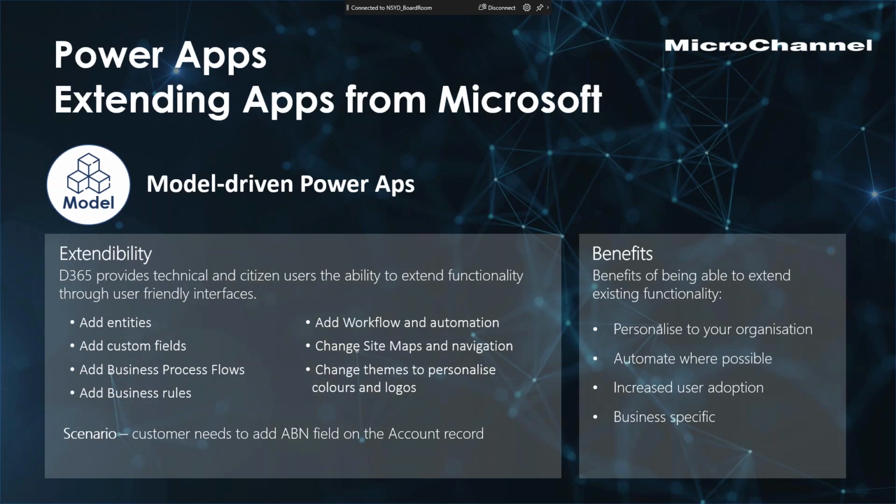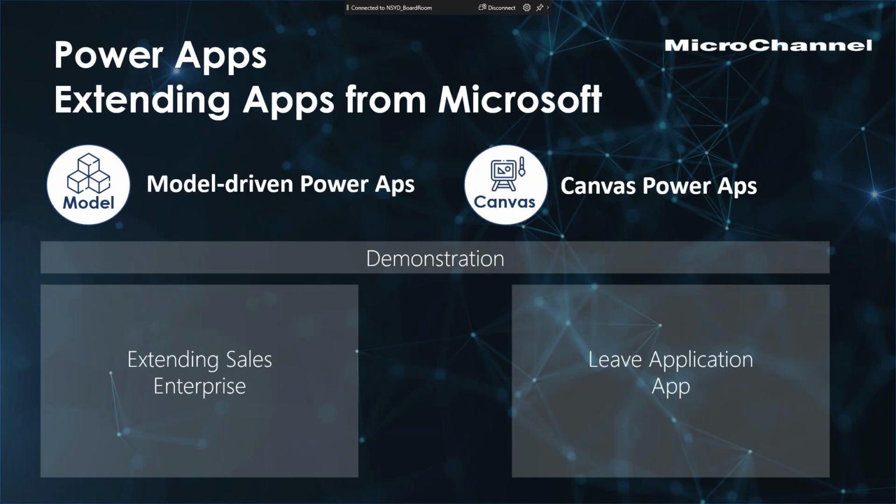Well, you're personalising the application for your organisation. You're automating where possible, so being able to create those business rules and business process flows. Increased user adoption: the better it fits your organisation, the better user adoption you have, and also being business specific. So let's dive in and have a quick look at how we can do that in the Sales